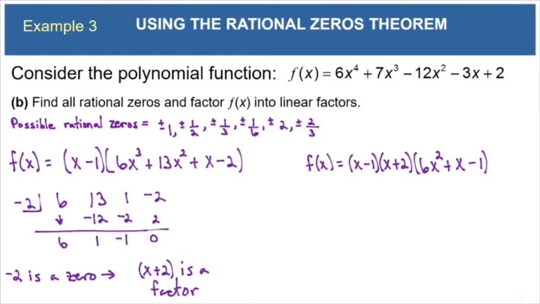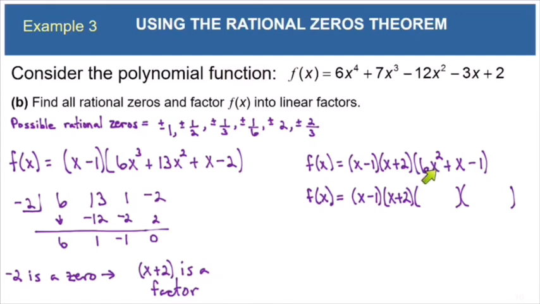And the last two rational zeros are inside this quadratic expression. So we could keep digging through the P over Q list, but all that's left is fractions. So I think instead of continuing to work with the list, now that we have it whittled down to where it's just a quadratic, we can use the factoring skills that we already have to go the rest of the way. So now we're going to say that f of x is x minus 1 times x plus 2 times the two linear factors that make up this trinomial.